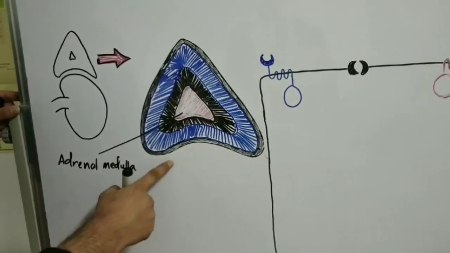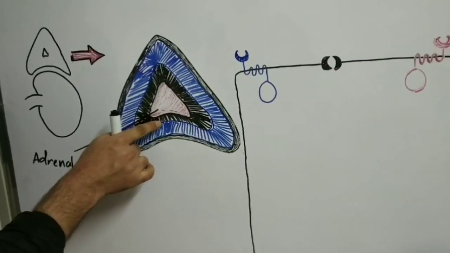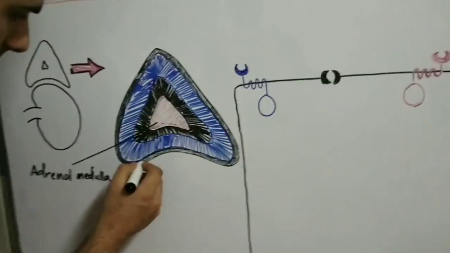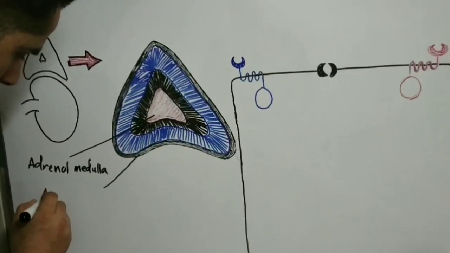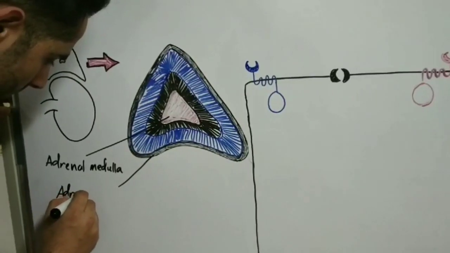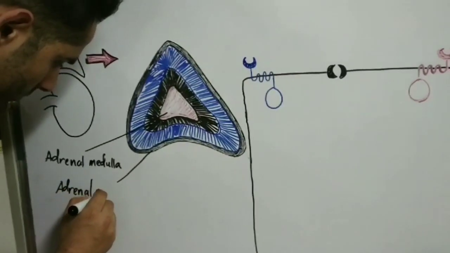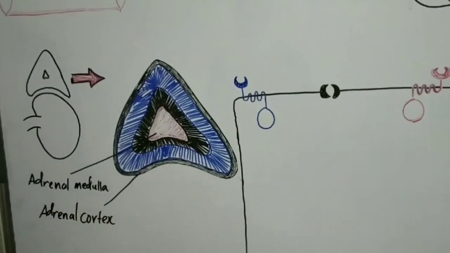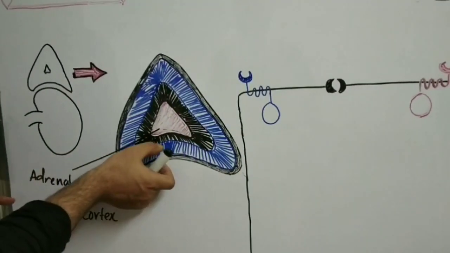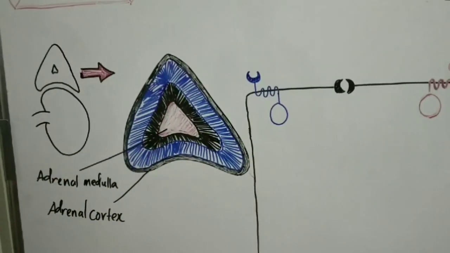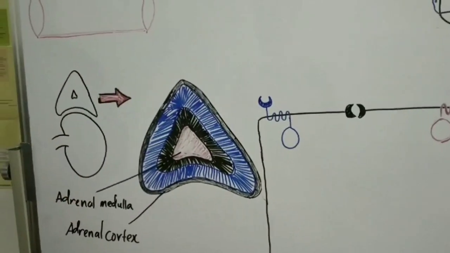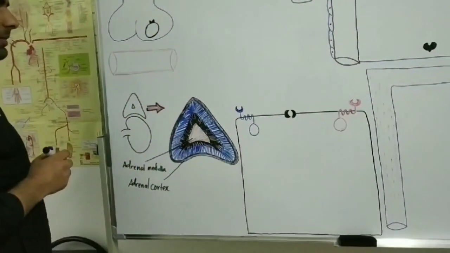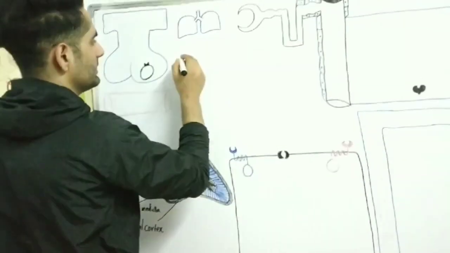And the outer part, this three-layered part, is called the adrenal cortex. Now, the adrenal cortex has three layers. I will jot down the names of the three layers here. You can remember them by a mnemonic. The mnemonic is